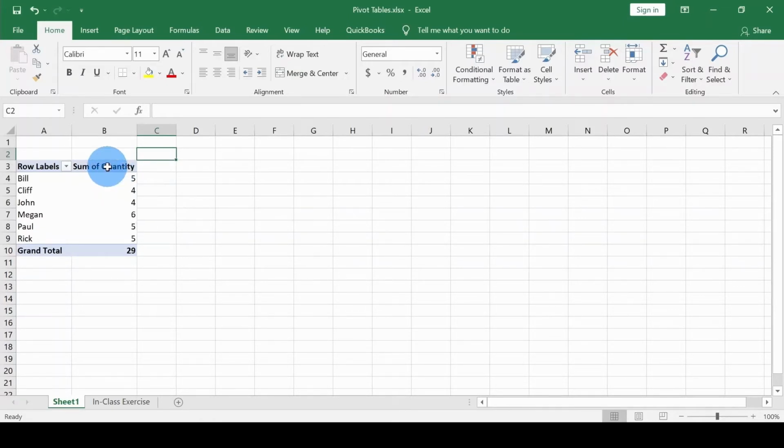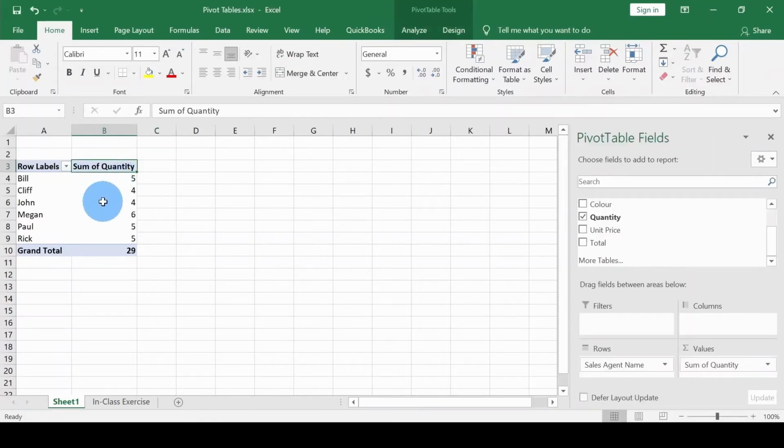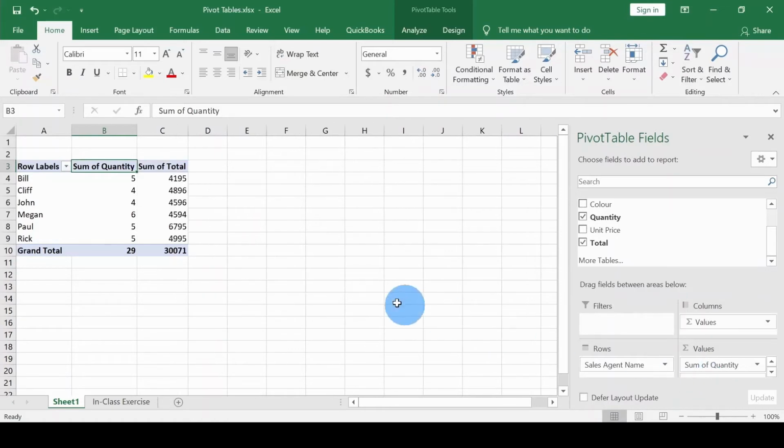So I'm going to take my pointer on any one of the columns where the data exists, and then I'm going to go down and select total over here, take it and put it in the value section just below sum of quantity. I release it over here, and there you go. Here I have the sum of the total value. So now it shows that the value is 30,071, the grand total sales, and by each sales agent,